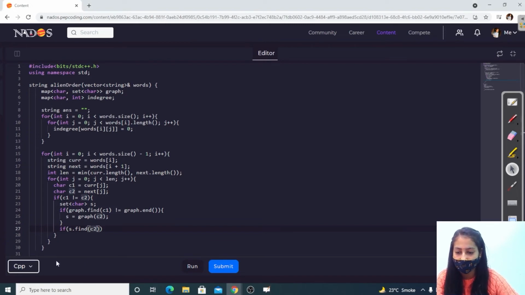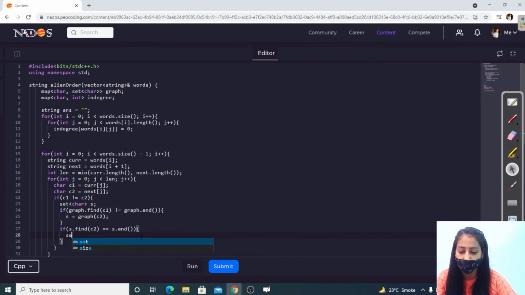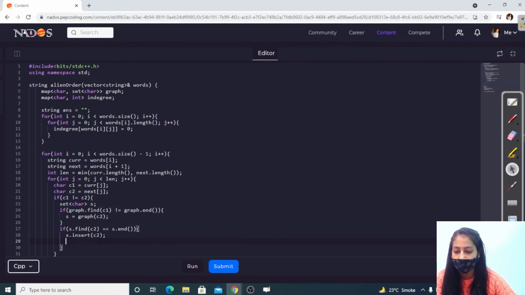So if C2 is not present, right? If already present, then we do nothing. But if C2 is not present, then we have to add C2 to the set of C1, right? So in the set, add C2. Then assign the new set to C1 in which C2 is also added, right?